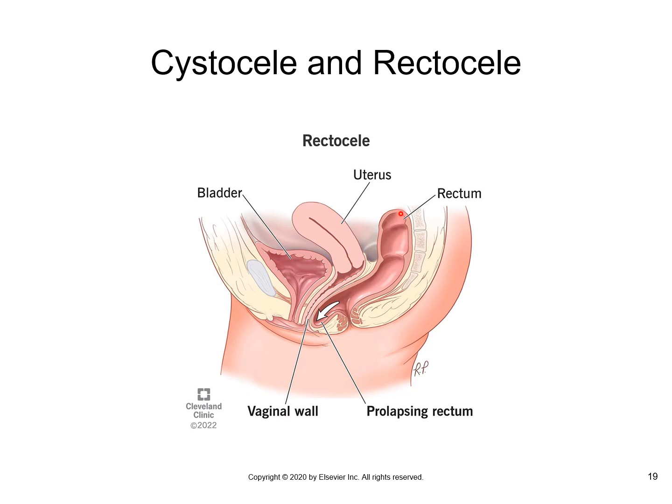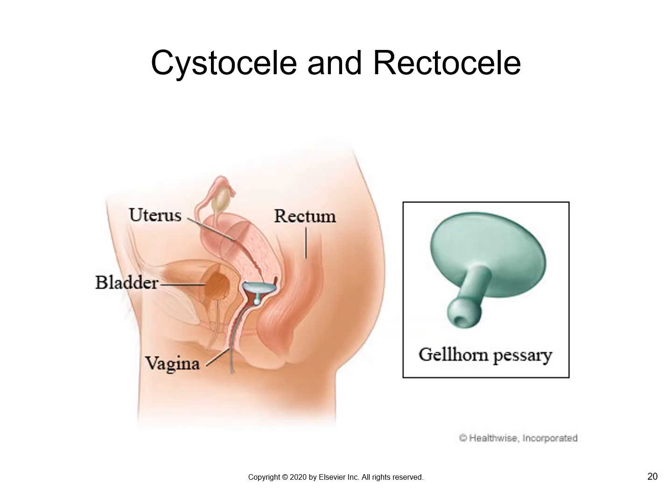If you look, this is the rectum, and there's a protruding rectum right here. The vaginal wall is right here. Although you could see that it's supposed to be here, directly here, and yet there's a rectum here, and then it goes to a prolapsing rectum. We call it rectocele. All right, and this is the pessary that I was talking about earlier on.